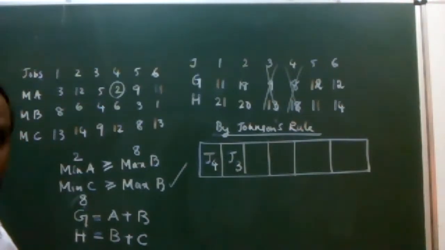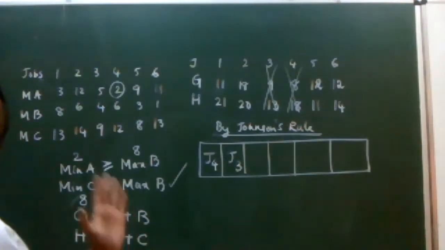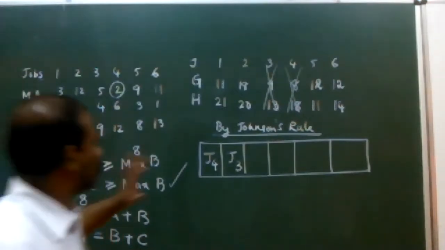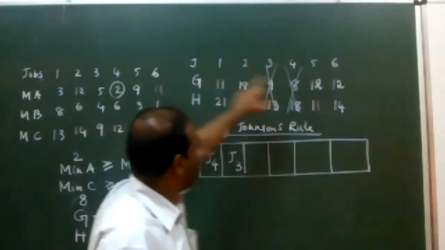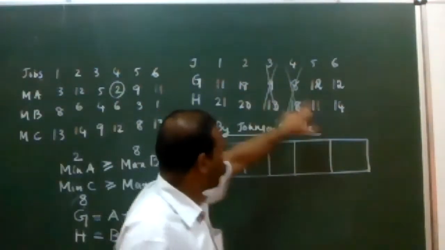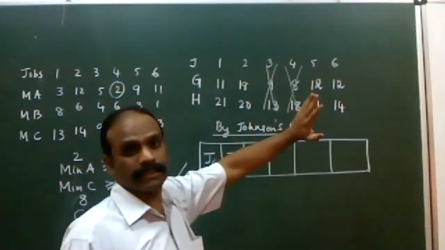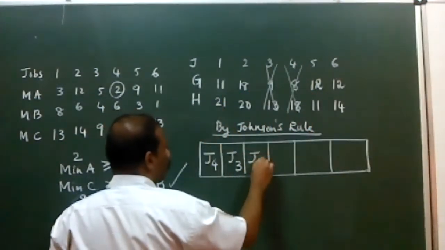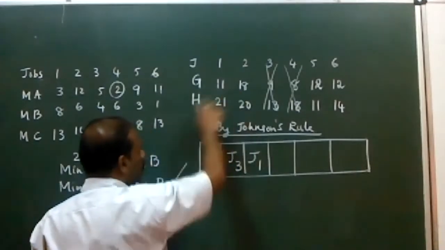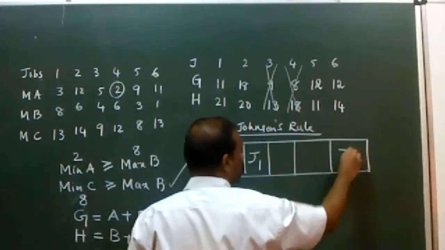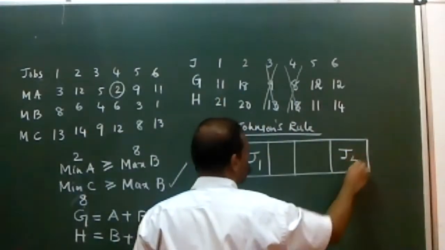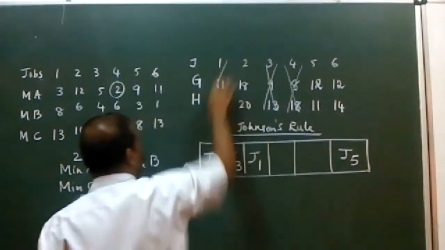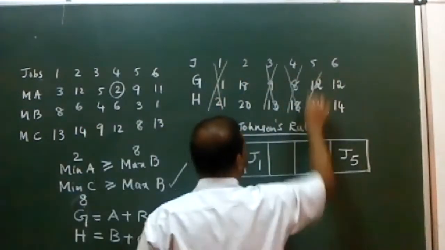If they are on different machines, then no need to compare. We can directly assign the values. You can see that job number 1 and job number 5 both have got 11, but they are on different machines. So I can directly take it. First, let me take this. So this becomes job 1 because it's on machine G, and this is on machine B. Therefore, I can take it here. So this becomes job 5. So this 1 is also gone and 5 is also gone.